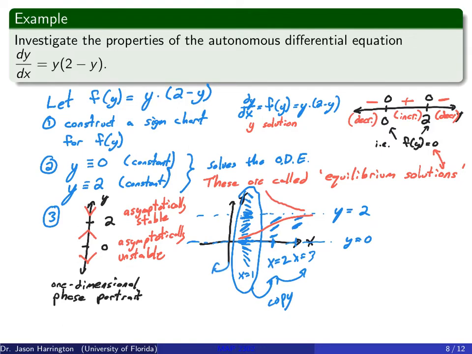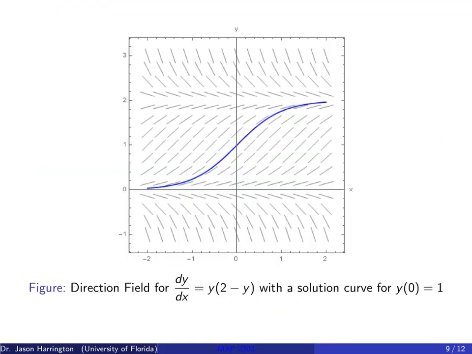All right, so let's take a look at this picture. Now let's look at the direction field for our ODE that we had earlier with a particular initial value condition. Off to the side, I want to put the phase portrait down, because remember I said the phase portrait tells you everything about what's going on. Let's see if we can see that here. We know that 2 was an equilibrium solution, and so was 0.